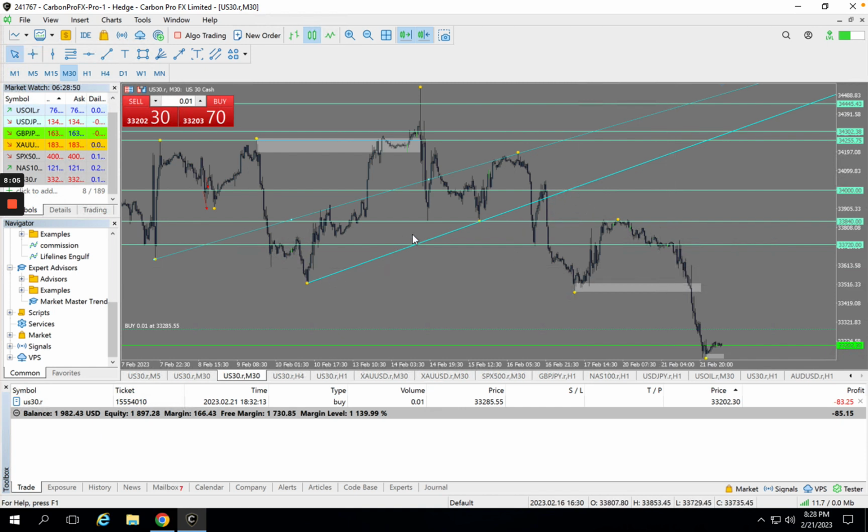So once it breaks the trend line, 30-minute candle closure, or you can take it as it breaks, whichever, it's your preference. And then typically once it breaks here, you want to move your stop loss to the previous swing high if you're on a sell here. And then say like if you were taking a buy,